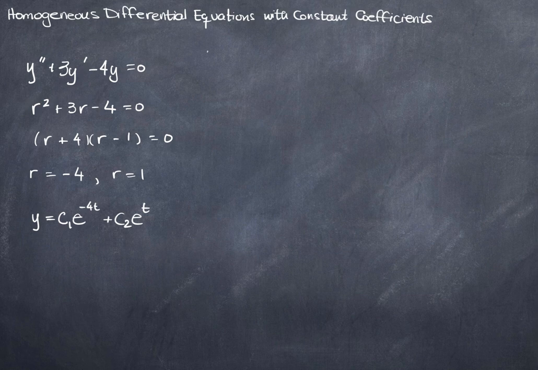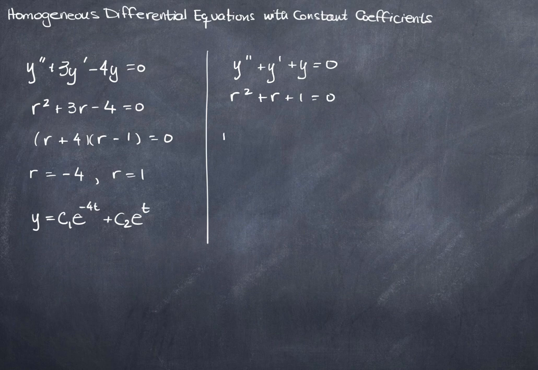But what happens when we have a differential equation that looks like this? y double prime plus y prime plus y equals 0. Let's write the characteristic equation: r squared plus r plus 1 equals 0. This is not going to factor, so I'm going to go straight in with the quadratic formula. r is equal to negative 1 plus or minus the square root of 1 squared minus 4 times a times c